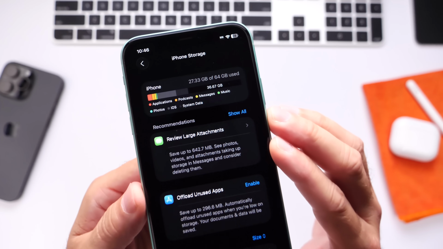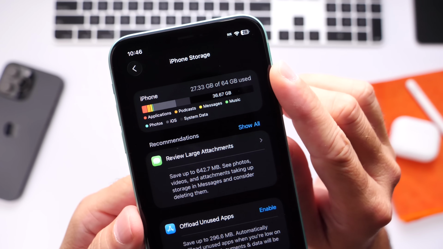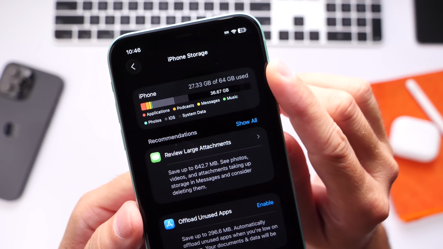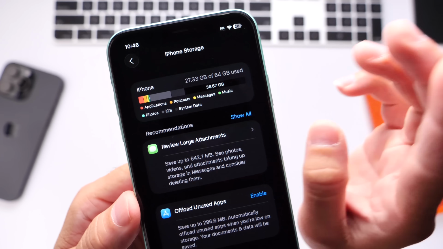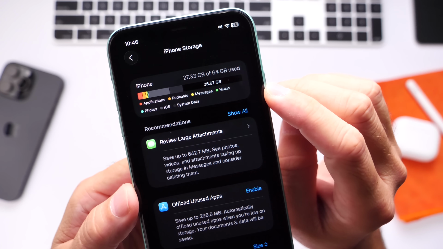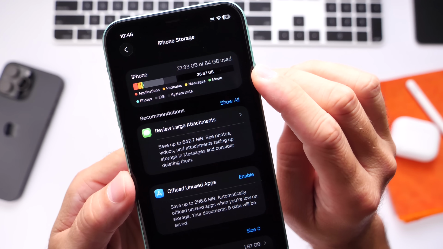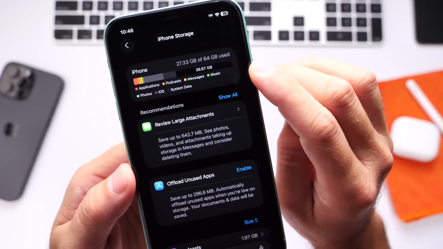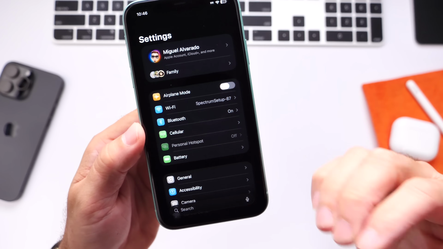Now, again, especially on older devices, which have lower storage capacities. This one is 64. I have 27 gigs available of physical storage. This is important, not iCloud storage, but actual physical storage. You want to make sure you have some storage available. If it's maxed out, then obviously this is going to cause some performance issues. You may see some lag and some issues on your iPhone as it doesn't have any storage to manage the